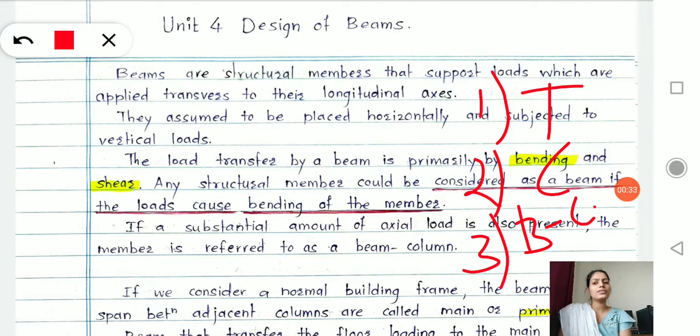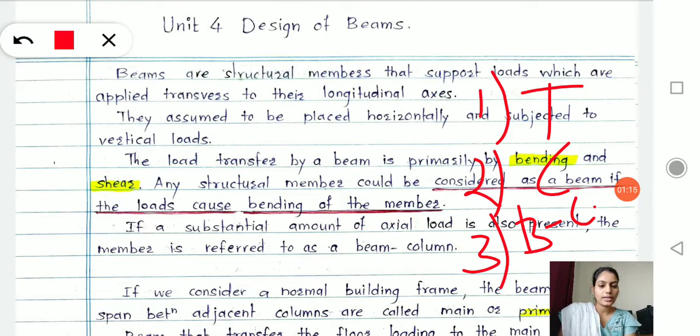Okay, so in the tension member we understood how to design tie members. Tie members are provided in the roof truss; with the help of strut and tie members we form a truss, right? And how to design the tie members we learned in the first unit. Also we have understood modes of failure, and we have checked the different modes of failure for the different number of sections, right?